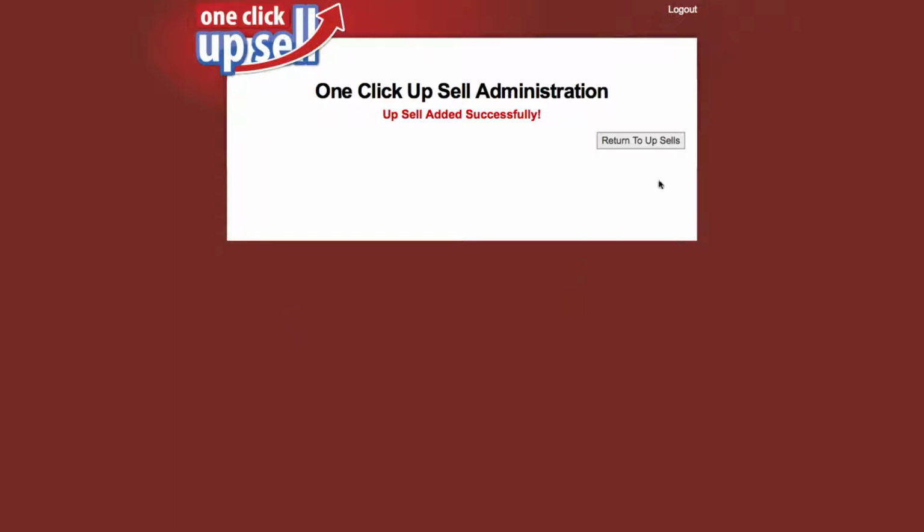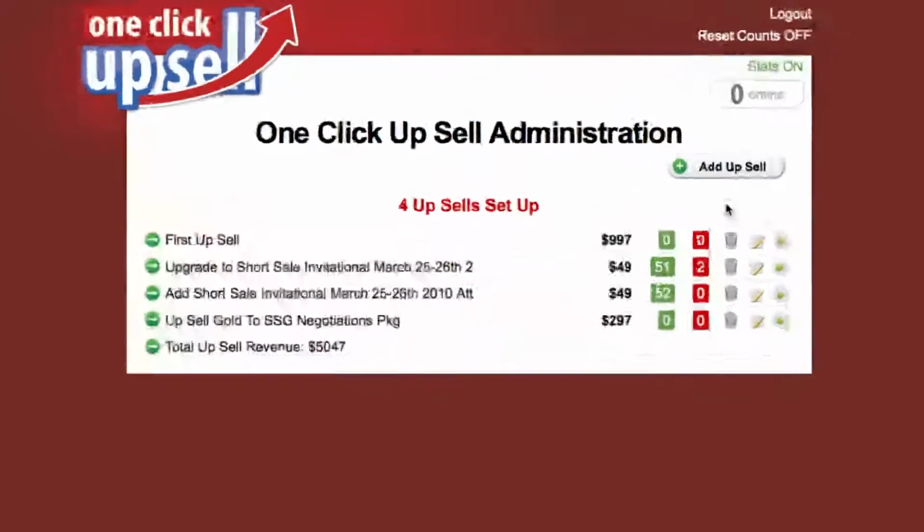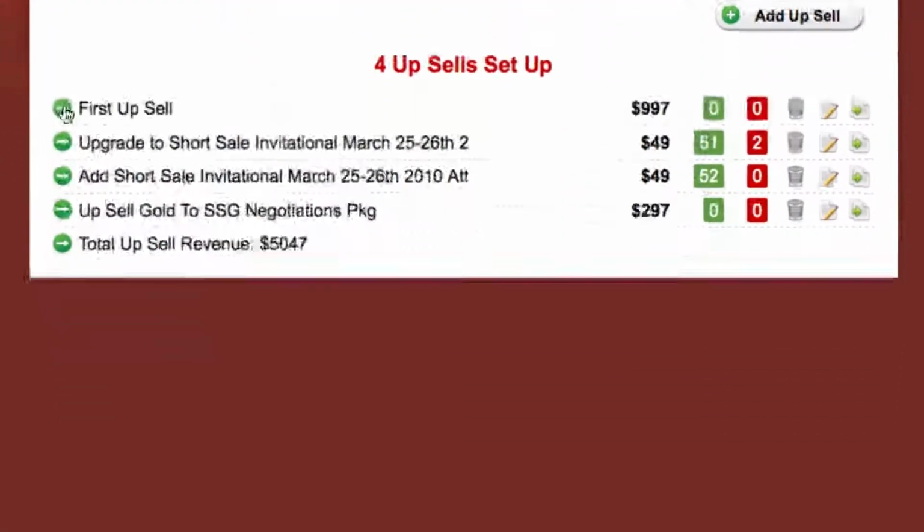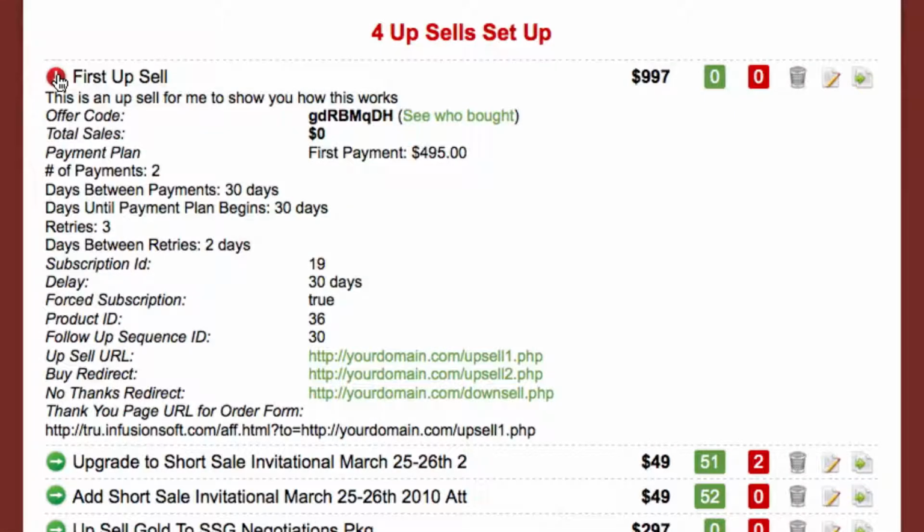Now I've set up this upsell. Let's go ahead and return to the list. And here's my first upsell I just added. You can see we have nobody that's bought or sold. A couple things I want to point out about this too, just to demonstrate the power of what is included here, is what I did is I created a